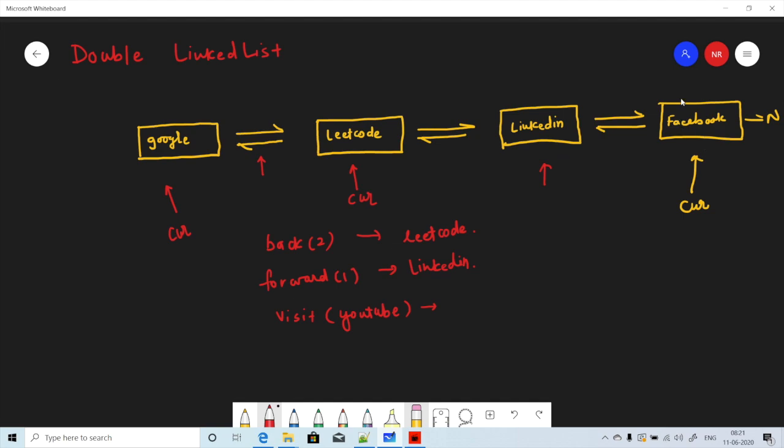So this data needs to be erased, and that needs to be pointing to youtube.com. So what we can do is, you are currently here, and then instead of whatever you have in the forward, you can point this directly to your new node.